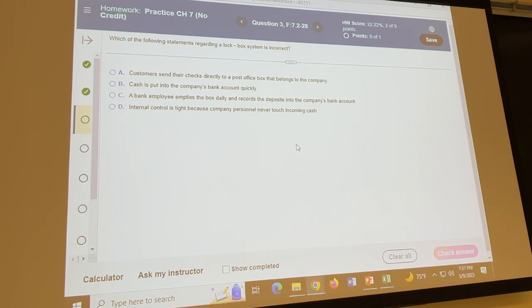Okay, then I have just a few multiple choice questions. A couple of these are things we didn't really cover in the lecture, so I just wanted to make sure that you're familiar with them. Maybe you can figure these out anyway. Which of the following statements regarding a